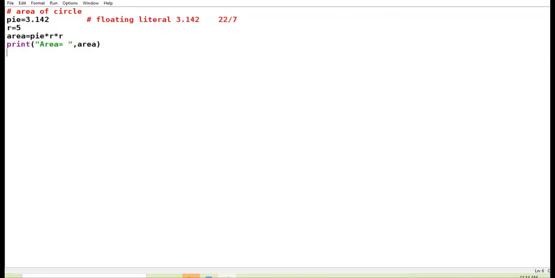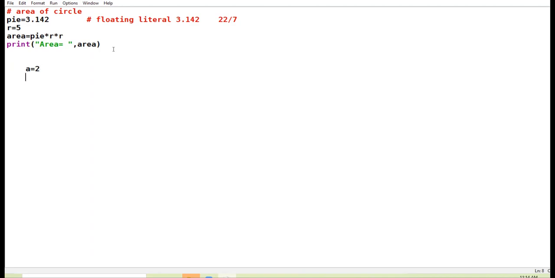Now put your focus over here. r into r, r raised to power 2. Mathematically we can write r into r. Suppose I want to write 2 raised to power 8.